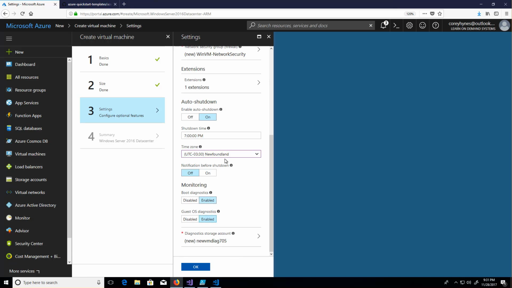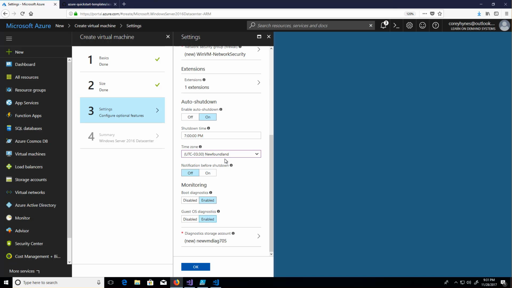What the auto shutdown will do is at that particular time, it will power off the VM. And this is simply a cost savings measure. If the Azure VM contains things like administrative tools, let's say this is a VM that has your tools you use every day, you don't want to leave it running overnight. This is a great way to ensure that you control cost by shutting that down every day. Now you can go further using Azure Automation and have it boot and shut down on a regular basis, but this type of auto shutdown at the end of the day is something that a lot of administrators really like.